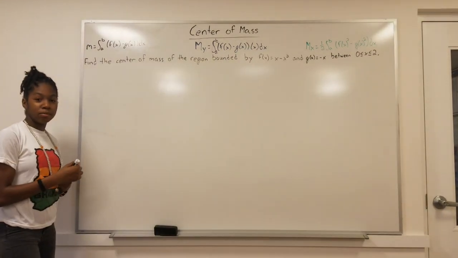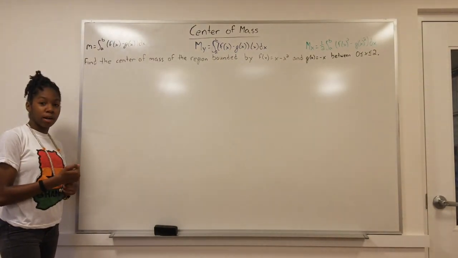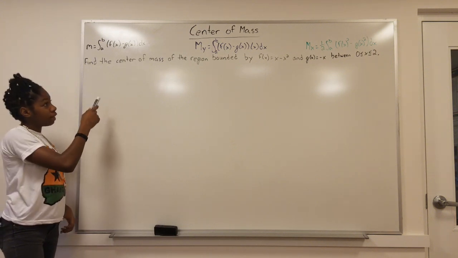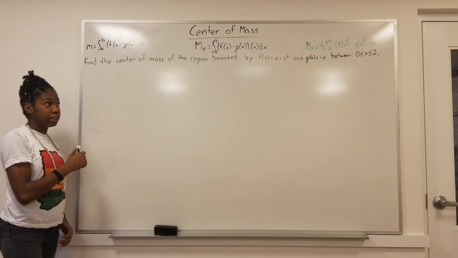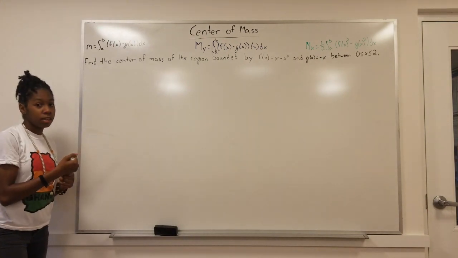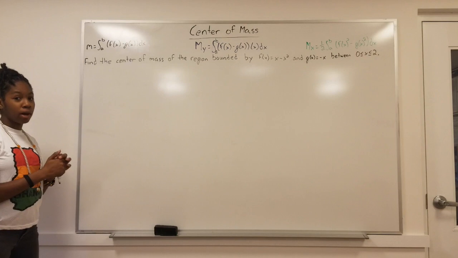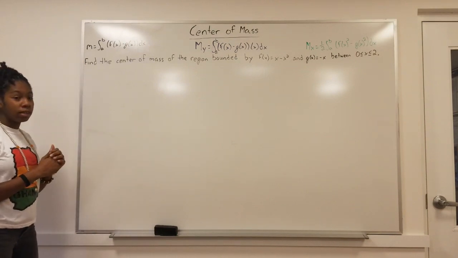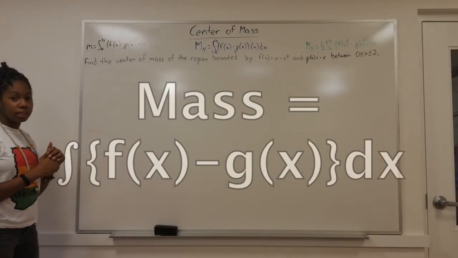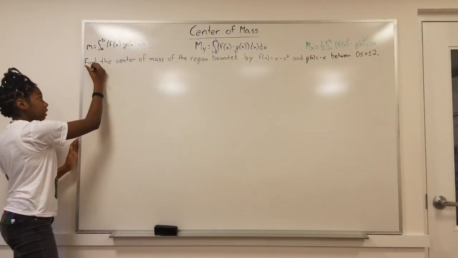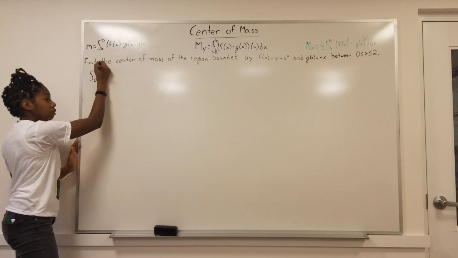Hello, today I'll be solving a variety of center of mass problems, starting with finding the center of mass of the region bounded by f of x equals x minus x squared and g of x equals negative x. The first step in any center of mass problem is to use the first equation. Mass is the integral, and in this case it is from 0 to 2 because the region is bounded from